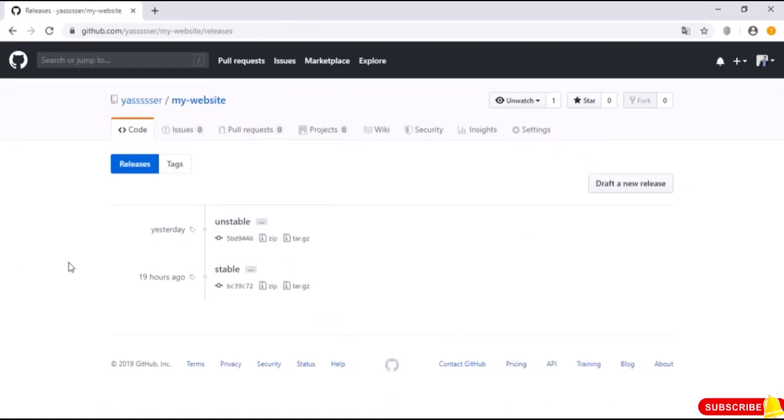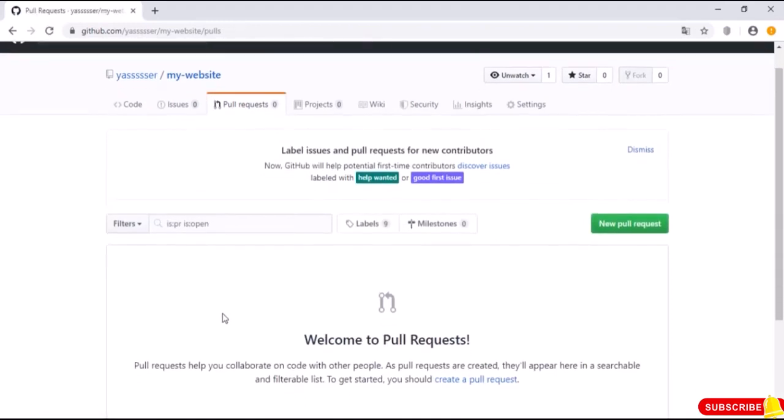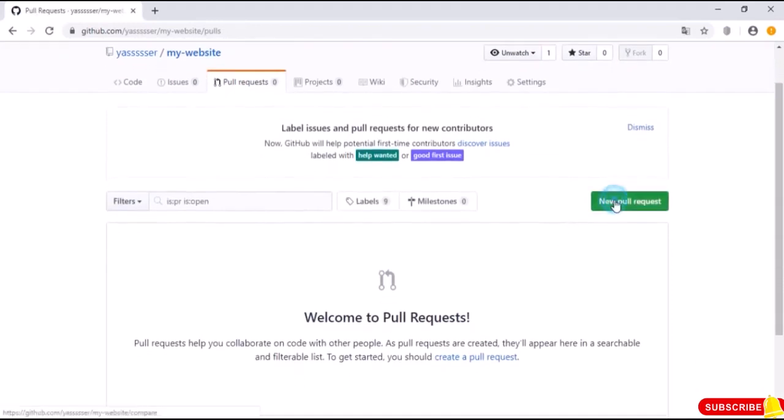In this video we will learn how to compare between tags. So first of all, we go to release or tag, and for the moment we have just two tags, stable and unstable, and to compare between them we need to go with the pull request, new pull request, yeah,